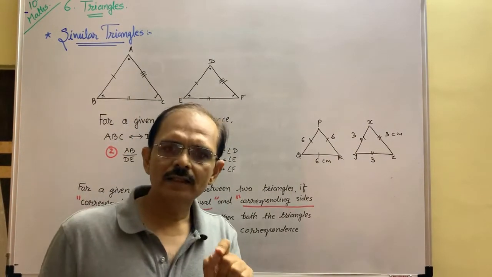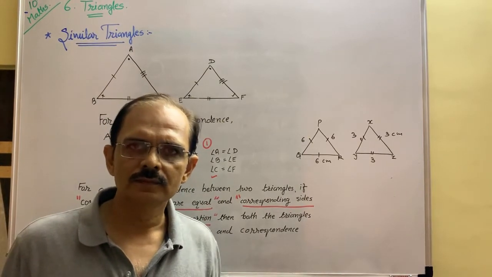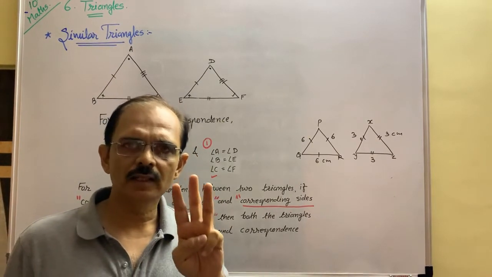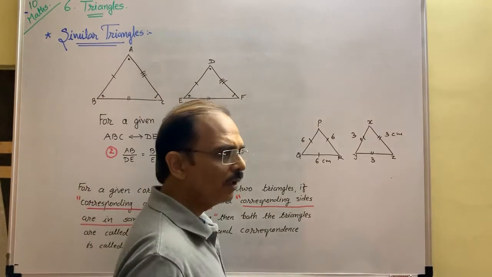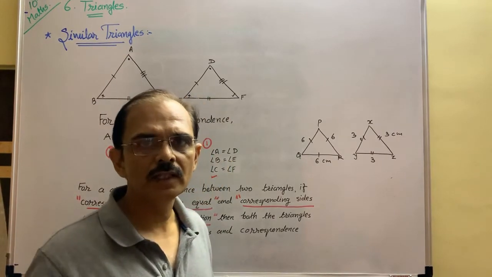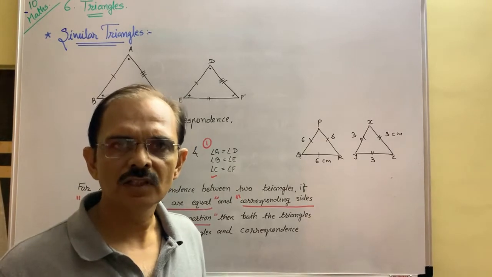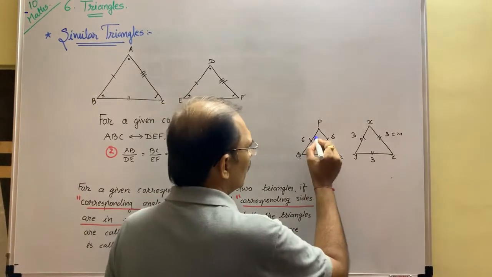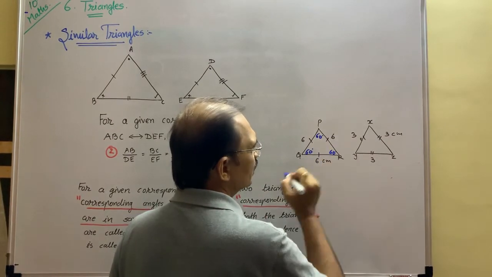You can say that an equilateral triangle is also called an equiangular triangle, right? Three sides are the same, three angles are also equal, okay? If three angles are equal, you know the angle sum property, that the sum of the three angles is 180. If three angles are equal, then each angle measures 60 degrees. Yes. Then angle P is 60, angle Q is 60, angle R is 60.